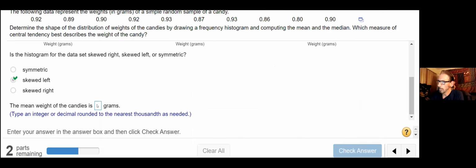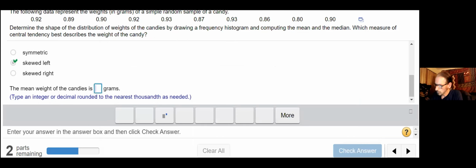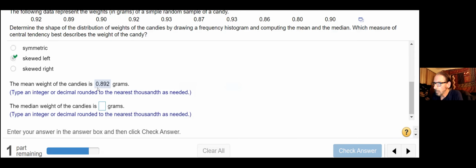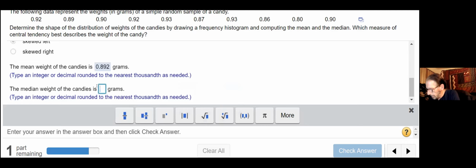0.892. There we go. And our median of 0.9. Well, sometimes histograms can be misleading. This one is not. Let me share something else here briefly. What this illustrates